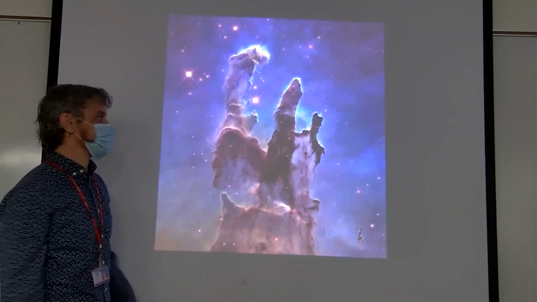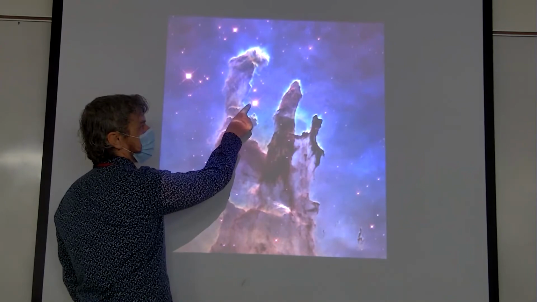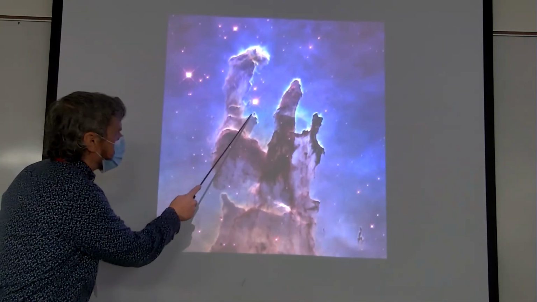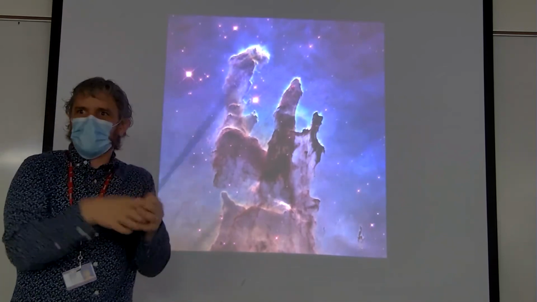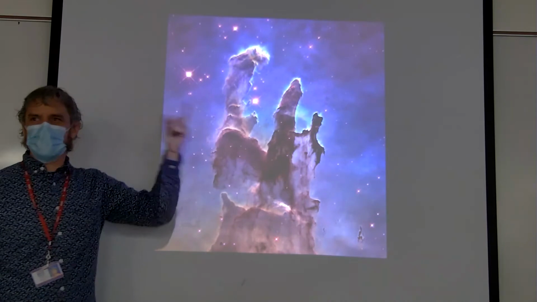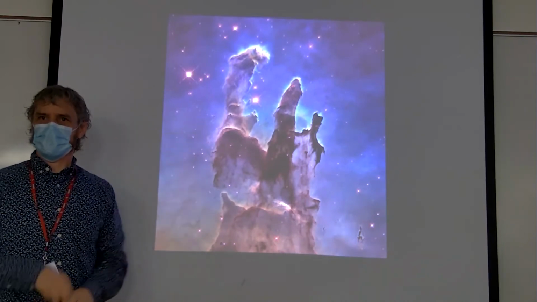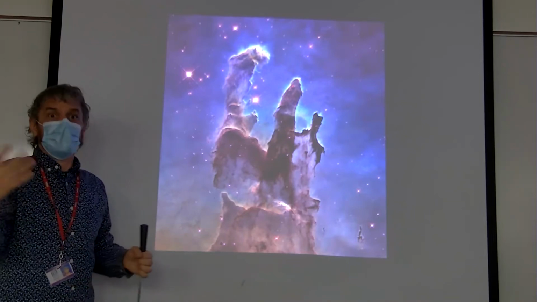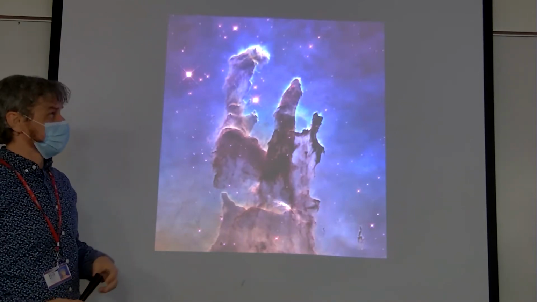This photo is called the pillars of creation because these little nodules, if you look closely, they're like a rock in a stream, and you see the water flowing around them. Well, those little nodules are actually solar systems being formed. Those are gas clouds collapsing and initiating the process of solar system formation.